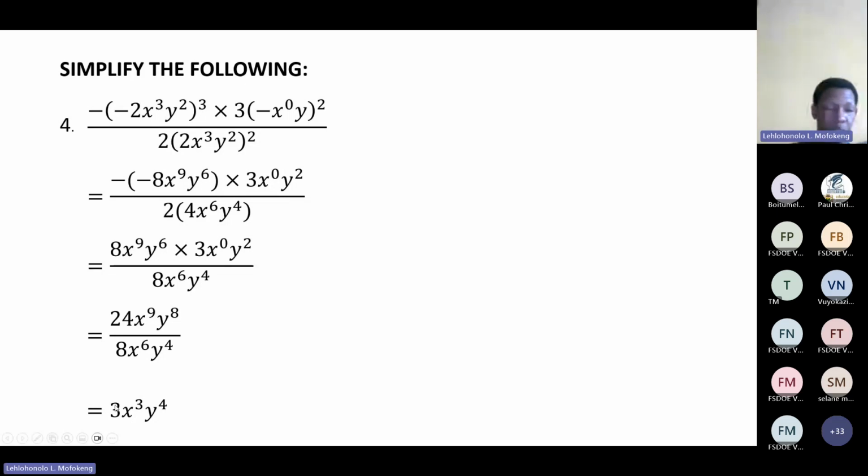24 divided by 8 is 3, x to exponent of 9 divided by x to exponent of 6 is x to exponent of 3, y to exponent of 8 divided by y to exponent of 4, it will give us y to exponent of 4, because 8 minus 4 is 4, which marks the end